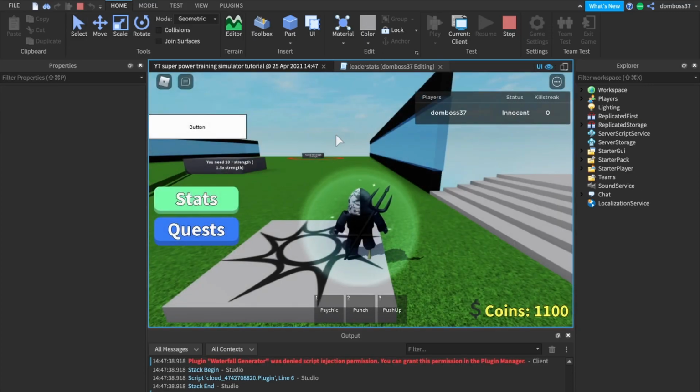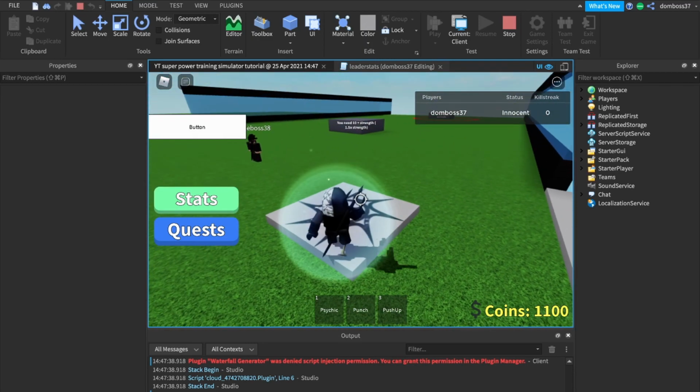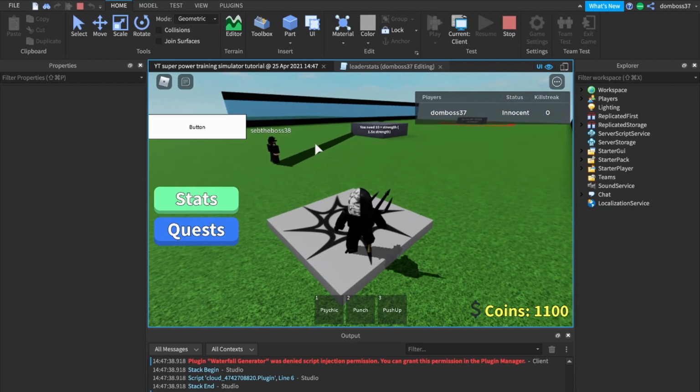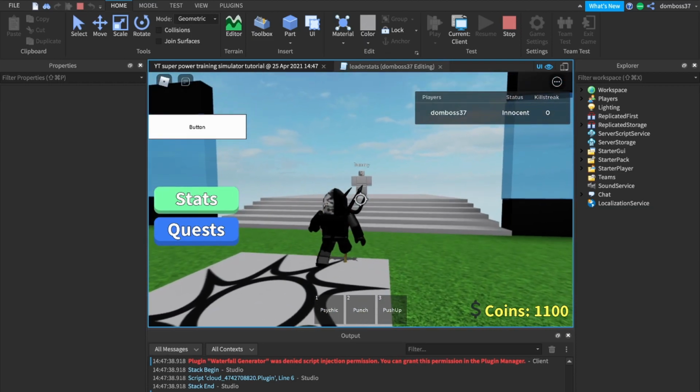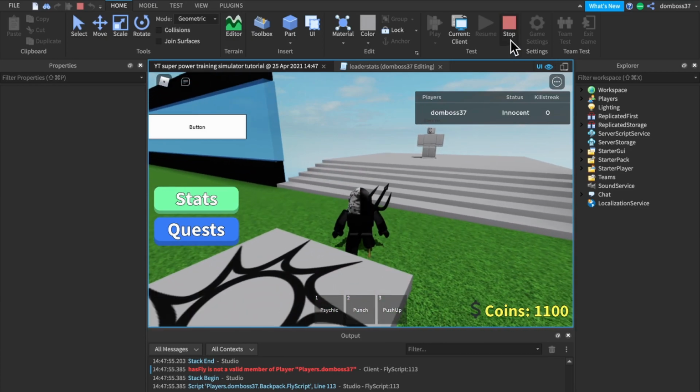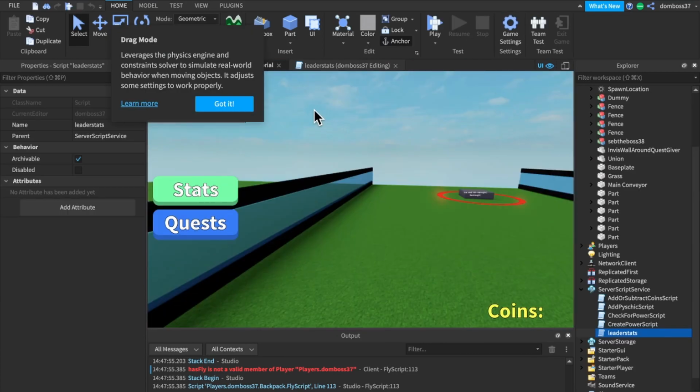Alright, so Roblox Studio has been doing some weird shadows lately. I don't know if you see that. Over there, right there. But yeah, anyways, let's test this. If I double jump, I can't. Oh, so we actually did one thing wrong. I can't,